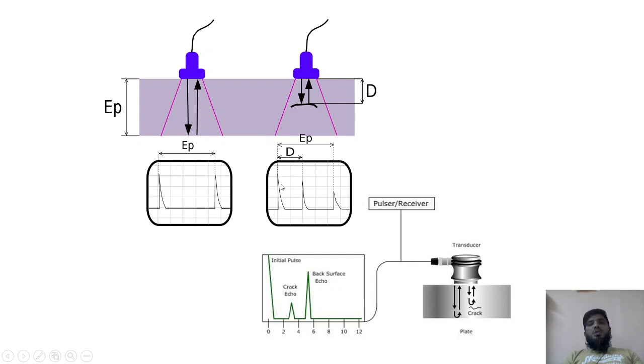Okay, if you observe these two frequencies, this frequency is initially high, whereas this frequency is less because of reflection. Compared to that, this is less because of no existing loss. You can attain almost the same frequency. But here, because of the presence of some flaws, the frequency has been reducing. Okay, so there is the initial pulse, a crack echo pulse, and the back surface pulse. These are read by the pulse receiver.